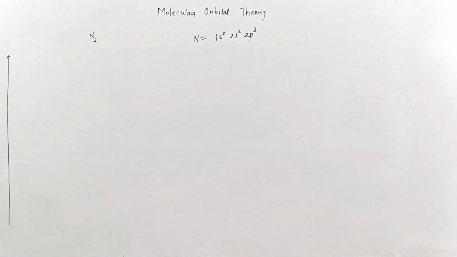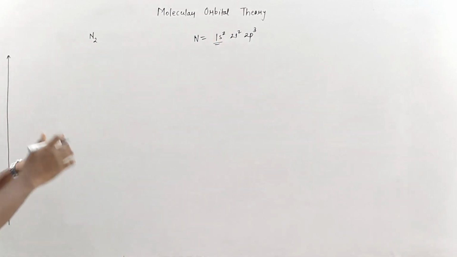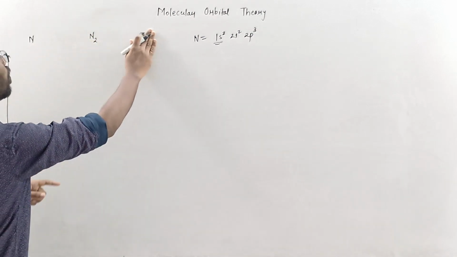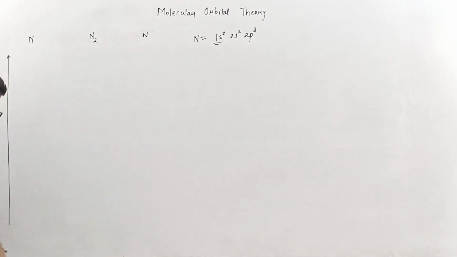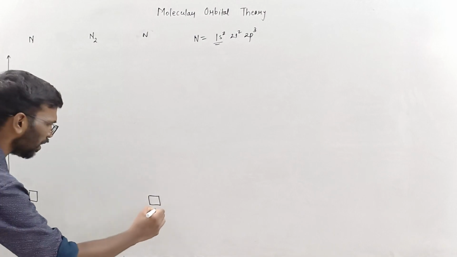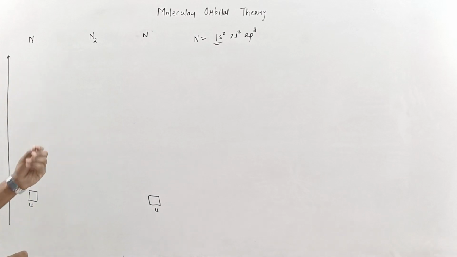Hope it is coming into the frame. Yes. So this is how the energy is increasing. Which is of the lowest energy over here? The 1s atomic orbital is the one of the lowest energy. So this is nitrogen, and here this is nitrogen. Two nitrogen atoms combine to form an N2 molecule, right? I'll write here: this is 1s, this is 1s. This is a kind of diagram which will be there in most NCERT textbooks. But I'll tell you the trick also, how to solve this type of question without going into the whole diagram. Just for your understanding, I am drawing this.